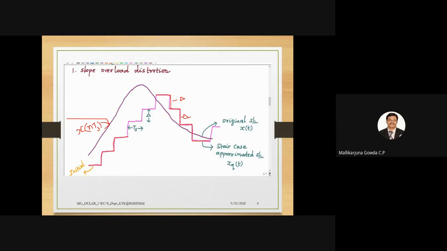Now, what happens at this point? The analog input signal is greater than the approximated version of the signal. Now, again, it will be incremented by delta. So this is how delta modulation works, right? What we observed here is that there is a steep change in the input signal, right? And there will be a lot of gap between the staircase waveform and the original analog signal.